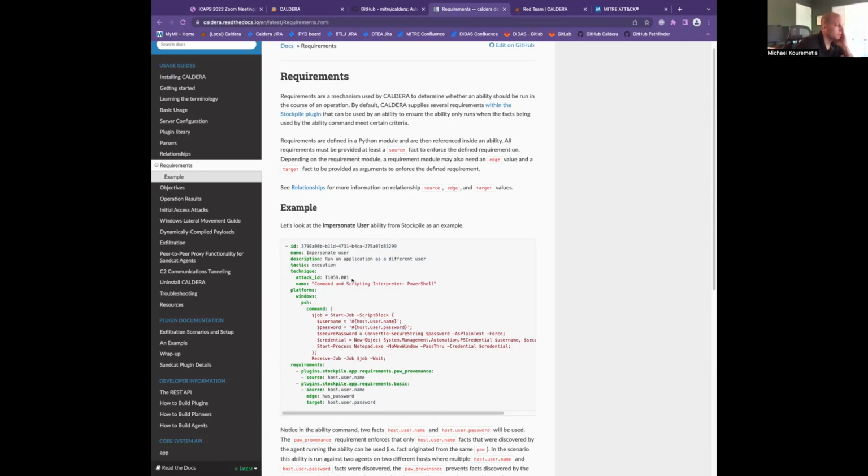So, when Caldera is operating, it'll say, can I run this impersonate user ability? And it'll say, well, what do I need? I need these requirements. Okay, do I have host username? Do I have host user password? Oh, I do. Okay, now this ability is available. And go ahead and take that information that we have and then fill those variables within the command so that it'll work. And essentially, just like you said, on another ability, there's a parser that is specified that creates these